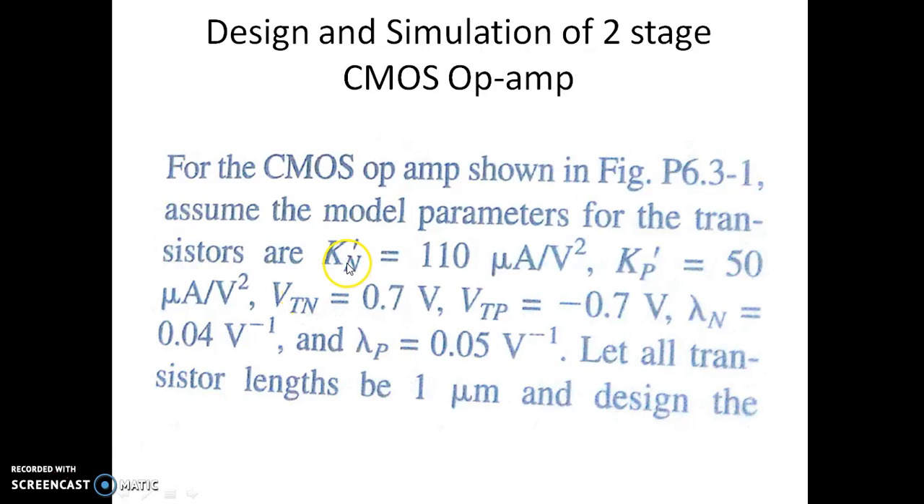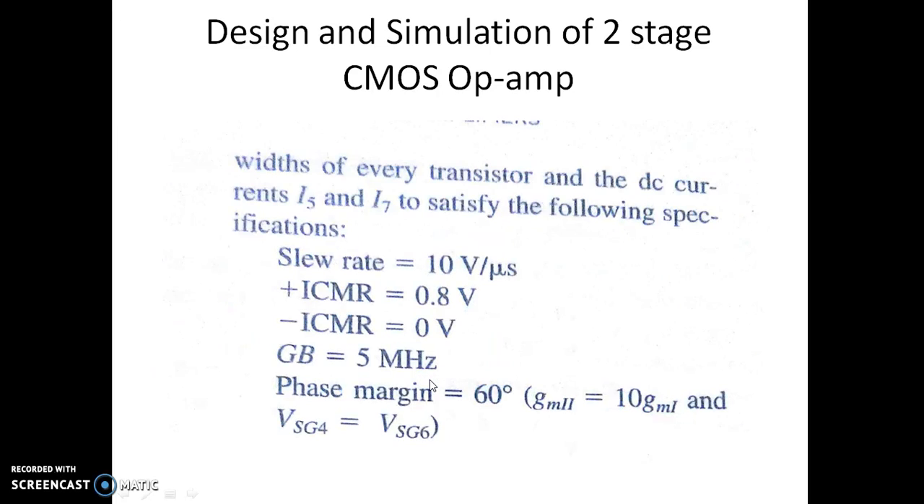The model parameters given are Kn' is 110 microampere per volt square, Kp' is given, and the threshold voltages of NMOS and PMOS are given as 0.7 and -0.7. The channel length modulation of NMOS and PMOS are given as 0.04 volt inverse and 0.05 volt inverse, and it is assumed that the length of all the transistors is 1 micrometer. We are asked to find the width of all the transistors, and the DC currents I5 and I7 to satisfy the following